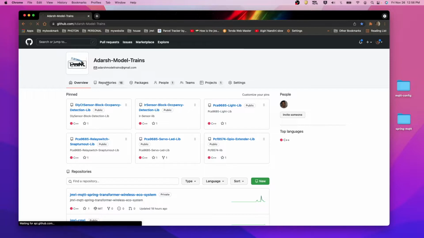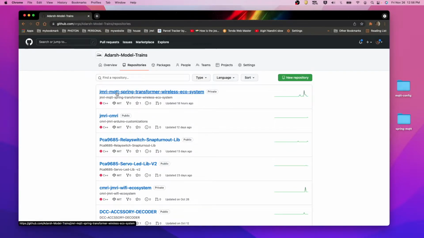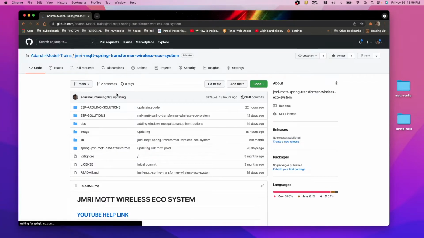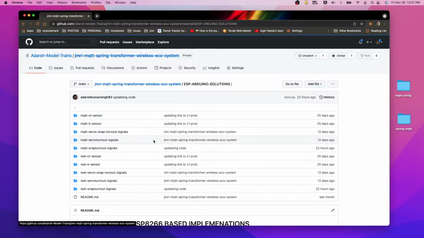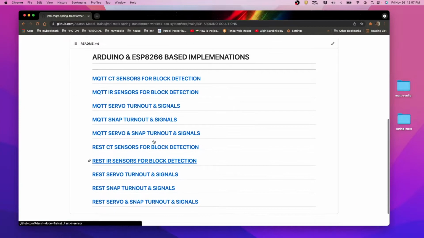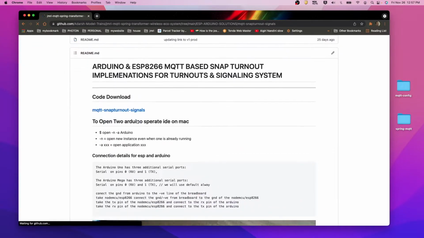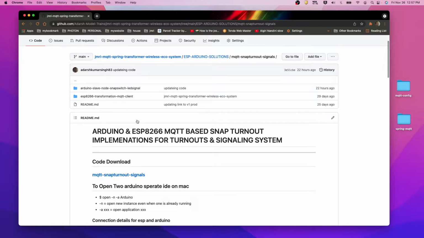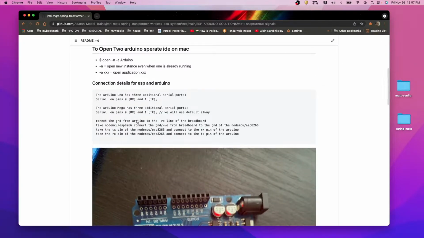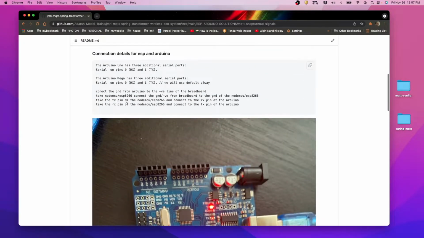github.com/adarsh-model-trains. In the repositories we have the GMRI MQTT Spring Transformer Wireless Ecosystem project. Once we go here, we have to go into ESP Arduino Solutions, and in the README we are looking for snap turnout and signals. So we'll click on this, and it will take us to the project where we have all the steps documented